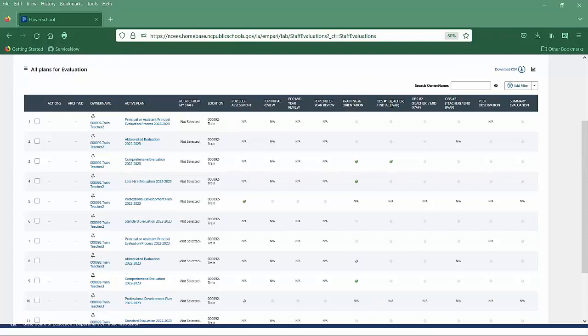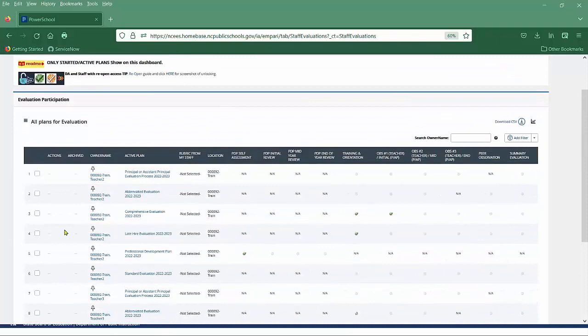And then evaluation or principal evaluation data is right here. This is your status. Where are they at? Have they started their activities? Have they completed their activities? And are those activities locked? So to print a report for this page, you can just use this download CSV, and it will print everything